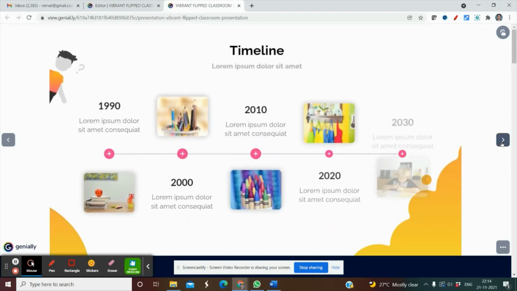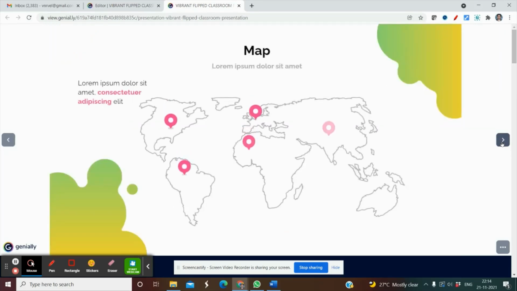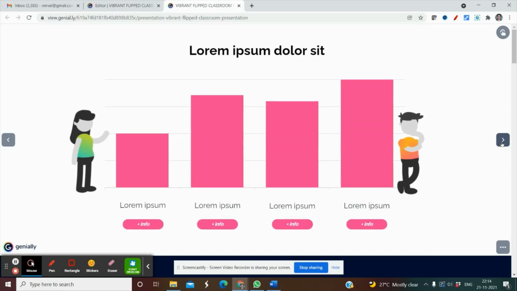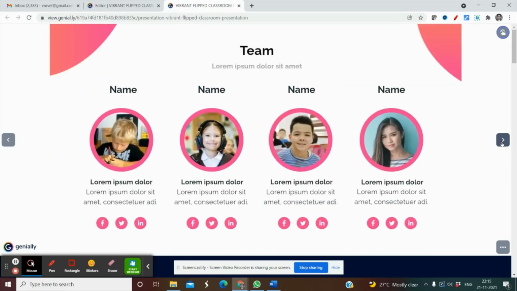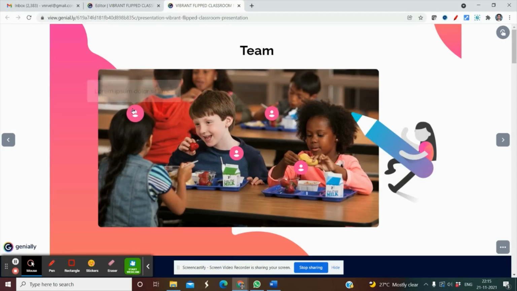You can insert a timeline, a map, data, or a chart. We can have different names with pictures, and you can also insert some information or names.